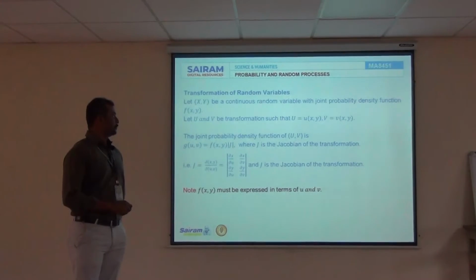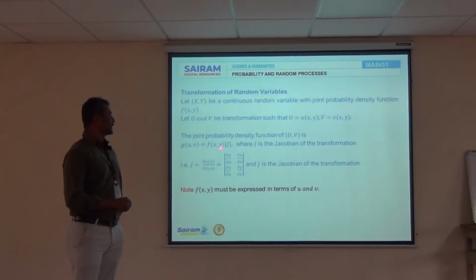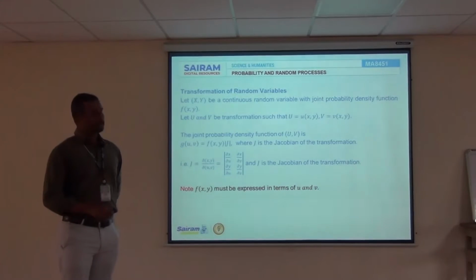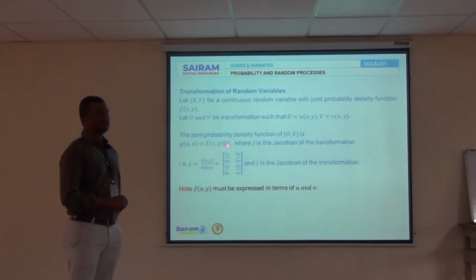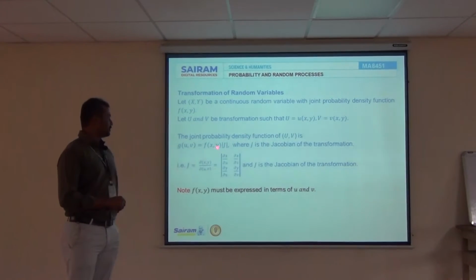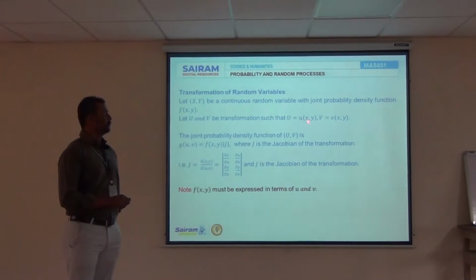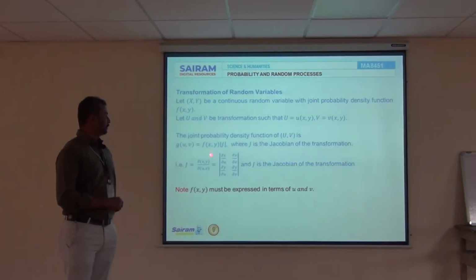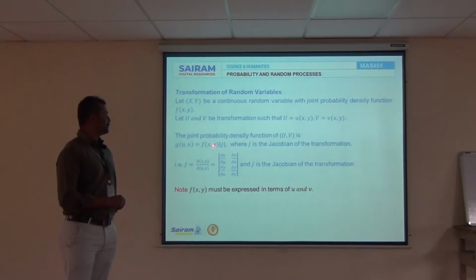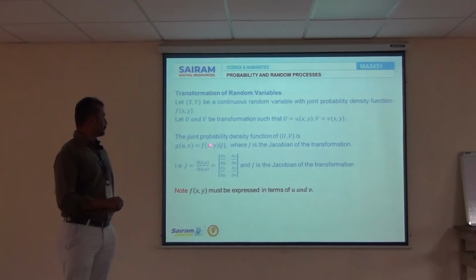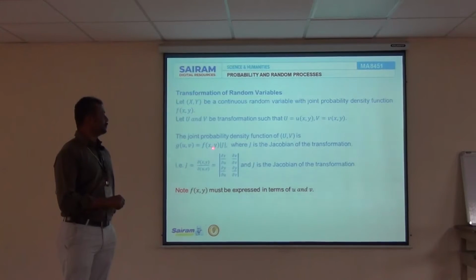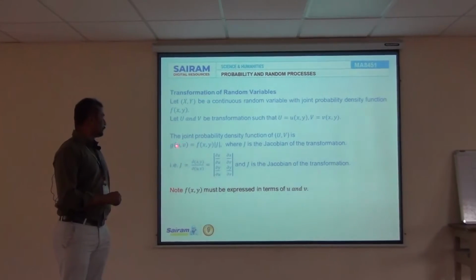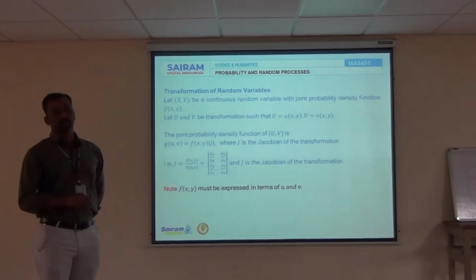The second thing I want to do here is to find f of x comma y in terms of u and v. f of x comma y is actually in terms of x and y, so I need to change x and y into u and v. We already know x in terms of u and v, and y in terms of u and v, for the purpose of the Jacobian. That will be used here so that f of x comma y is changed purely in terms of u and v. So this whole term will give you functions of u and v, and you get the joint probability density function of u and v.